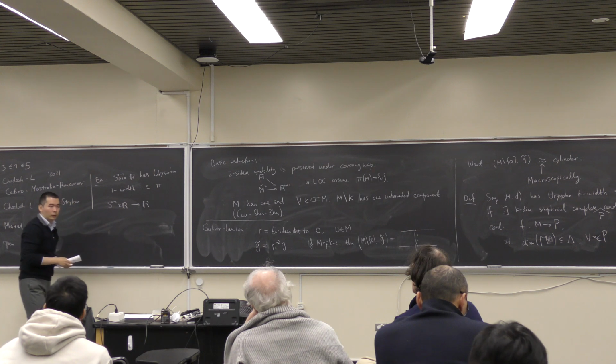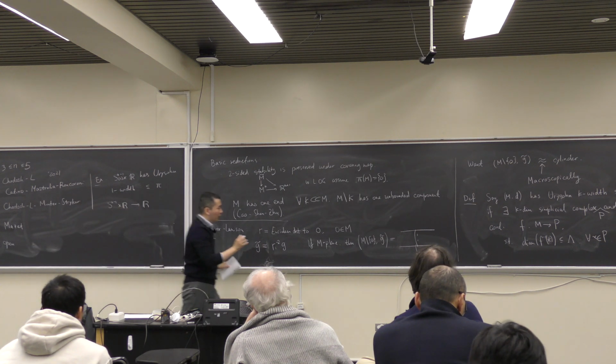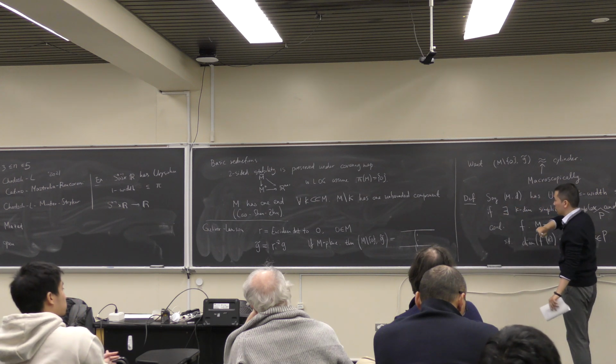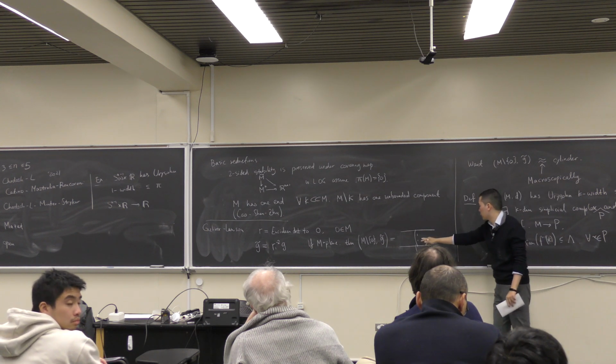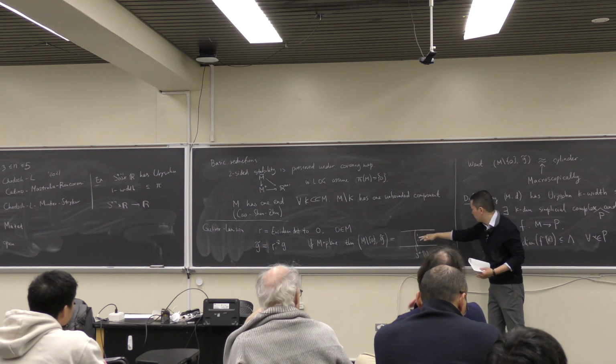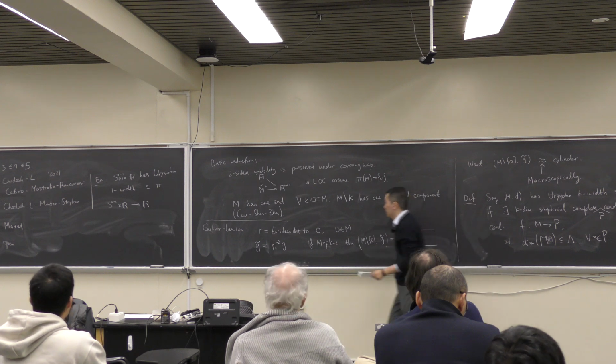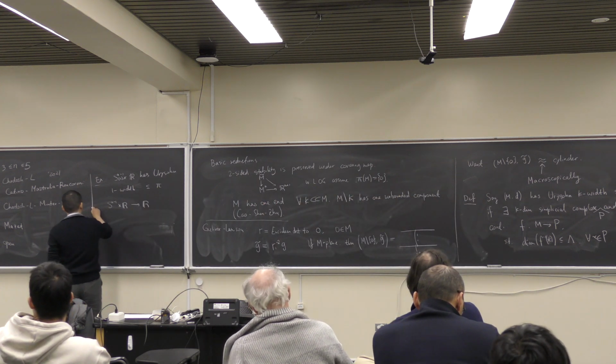Okay? So basically, what we want to prove here is that if your minimal surface is stable, then after the conformal change, it looks like a cylinder in the sense that it has finite Urysohn 1-width. Okay, so